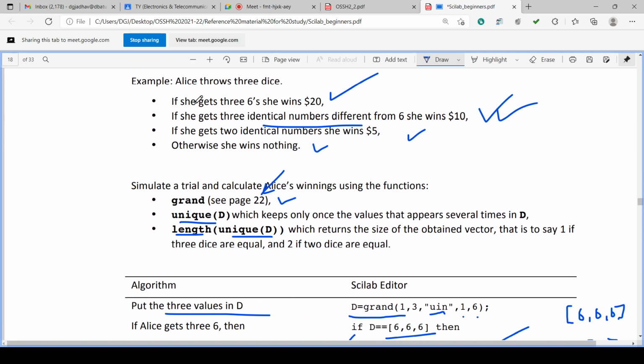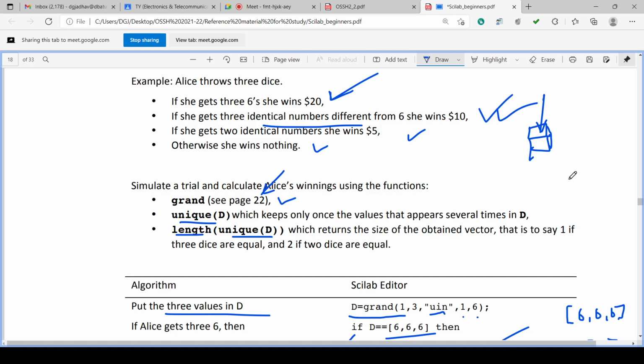Example, suppose 3 dice are there. We throw the dice, and the number on the upper surface of the dice, whatever is coming, we consider as the received number. So a dice has 6 faces and 6 numbers, 1, 2, 3, 4, 5, 6. If you throw the dice, one of the numbers will come upside.